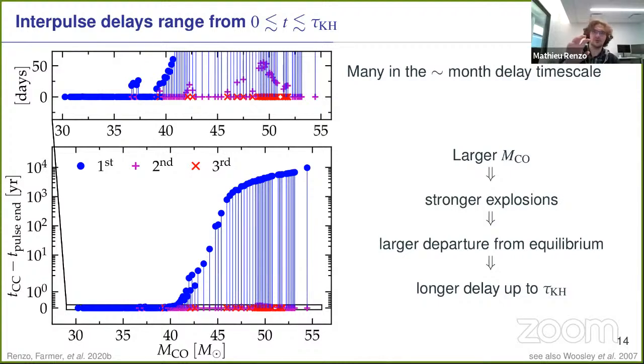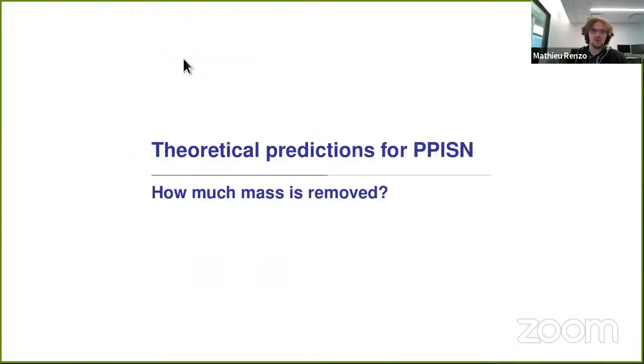So if you find a supernova going off very early in its explosion, you can take spectra very early on and see if there is circumstellar material that was ejected in the past month, which could be due to this process. The other prediction that I want to show you, and that connects to what I was discussing about the